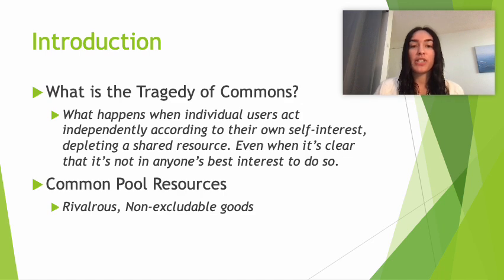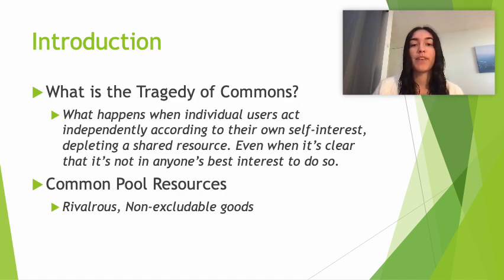Imagine you and your neighbors share a lake filled with fish. No one owns the lake, and anyone can fish there as much as they like. Over time, you notice fewer fish, but everyone keeps fishing anyway. Eventually, the fish population collapses. That is the tragedy of the commons, overuse of a shared resource due to individual incentives conflicting with the most socially